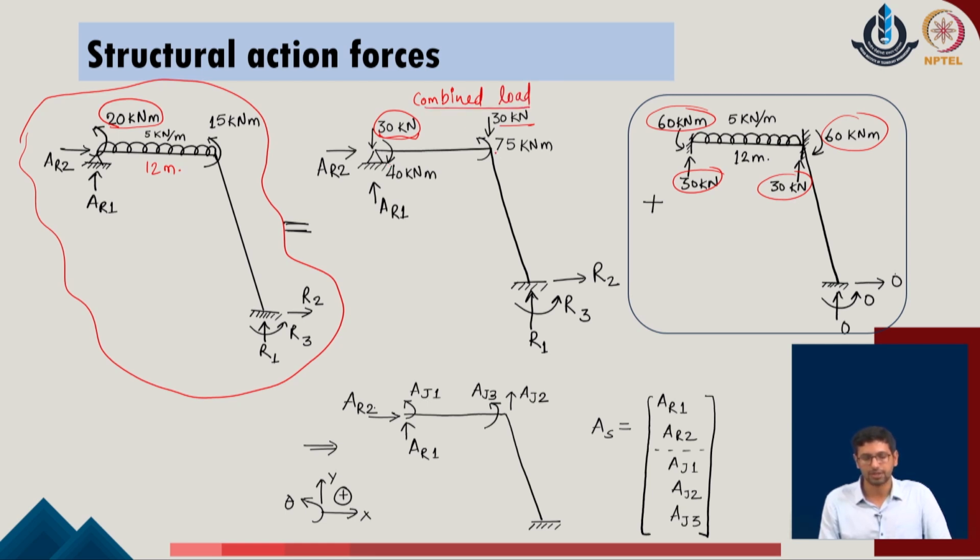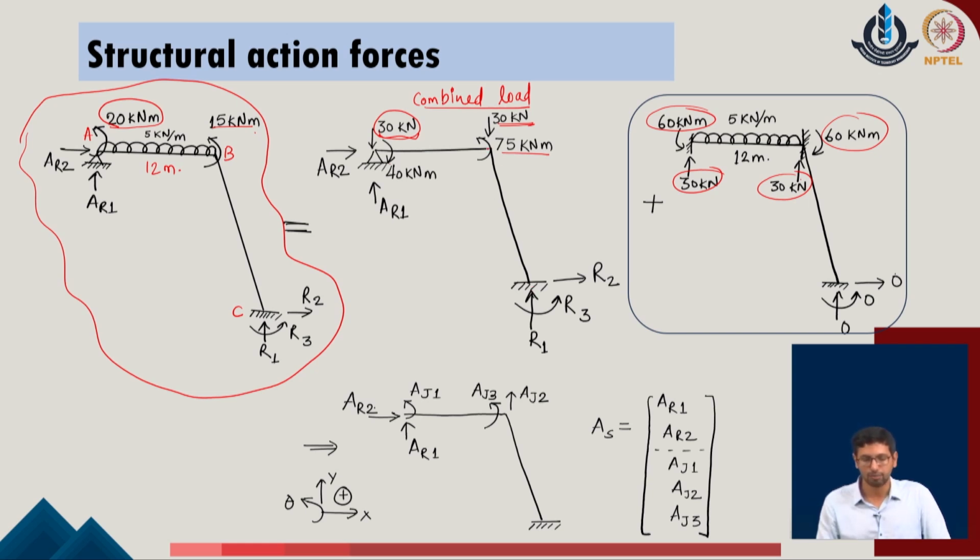At the same time, we understand that at the joint B of the given problem. So, if I say that this is joint A, this is B and this is C, at the joint B of the given system we have a vertical load of 30 kilonewton, we have a moment of 60 plus the active moment on the given system, which is of 15. So, we add the reverse of this moment, which is in the anti-clockwise direction, plus the 15 kilonewton meter, which is also in the anti-clockwise. That makes a total moment of 75 kilonewton meter active there in the given problem.